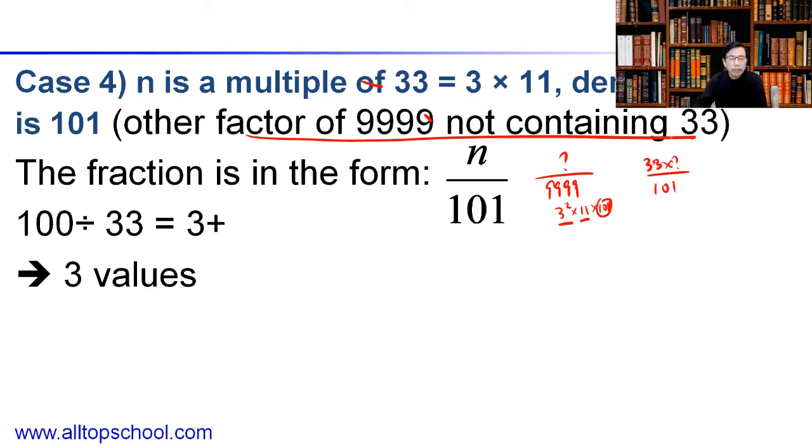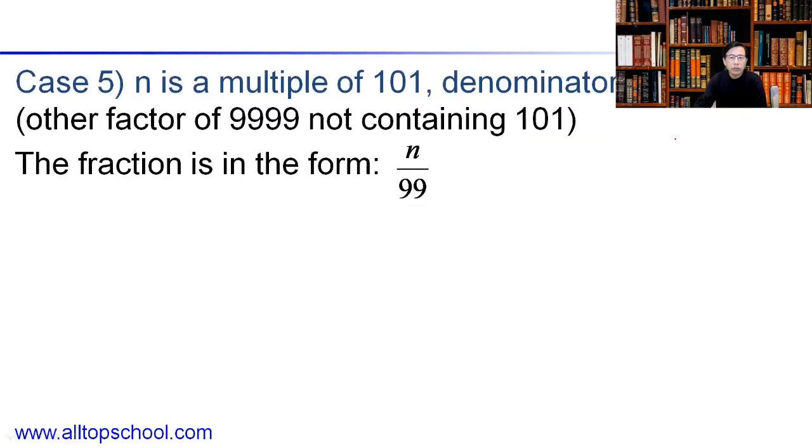So that's case 4. The next one may not be a problem, but I'm going to verify: is it possible for the numerator to be a multiple of 101? You know, 9,999 equals 3 squared times 11 times 101. The numerator is going to be a multiple of 101. The denominator can only have something else, which is 3 squared times 11. That should not contain the factor of 101